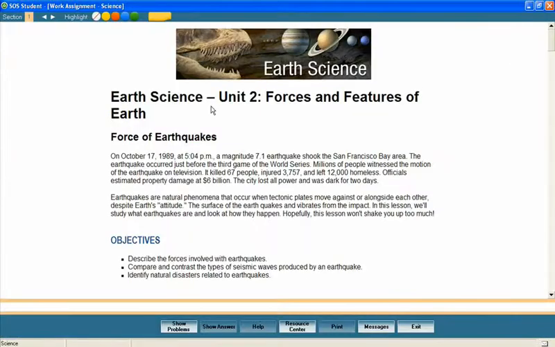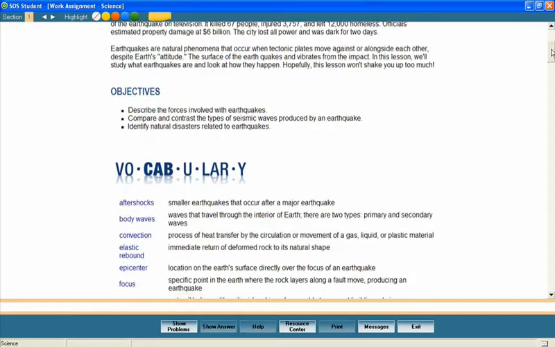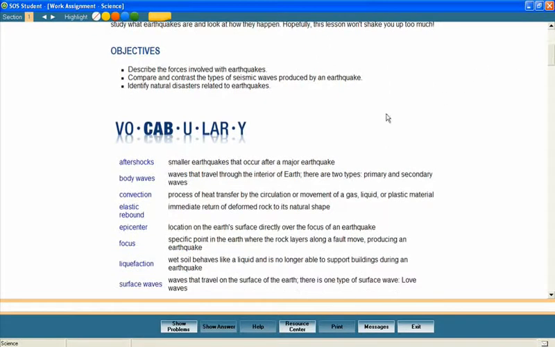In a unit entitled Forces and Features of Earth, let's look at a lesson called Forces of Earthquakes. Most lessons begin with a brief introduction and a list of goals or objectives for the lesson. These objectives help students stay focused on important lesson content and provide parents with an effective way to measure mastery